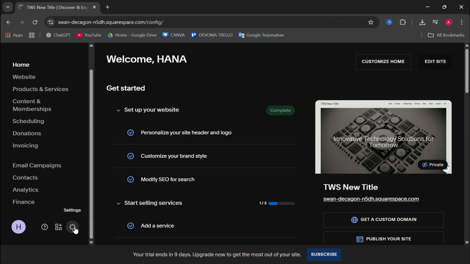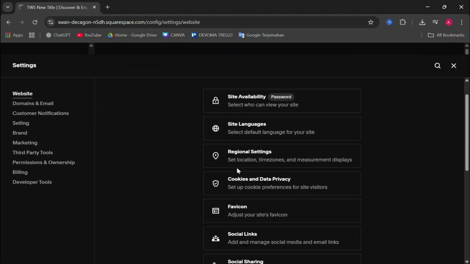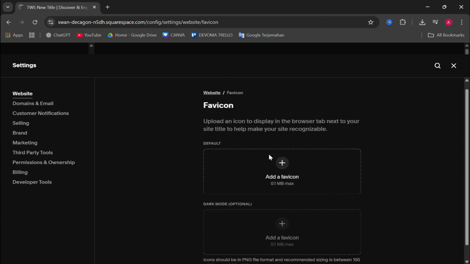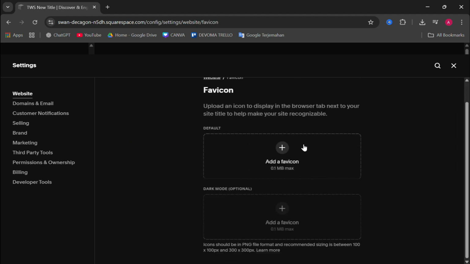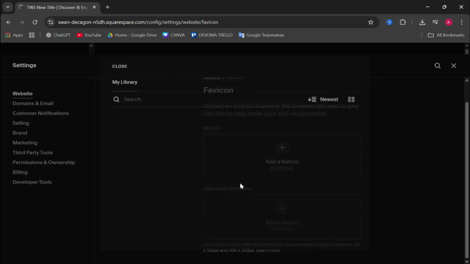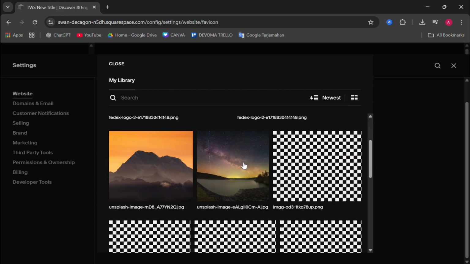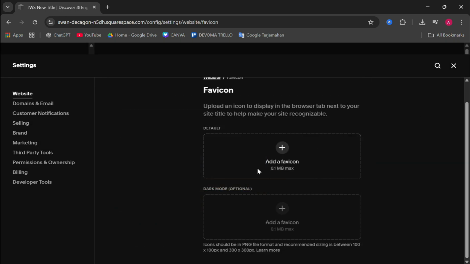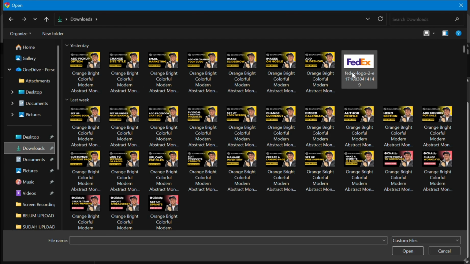So you can go to settings and then you can scroll and you will find favicon here. You can click it. Then you can add a favicon. So you can just click it to upload file from your computer, or you can select from your library if you want, it's up to you. I'm gonna upload my own favicon. Let's say this one,